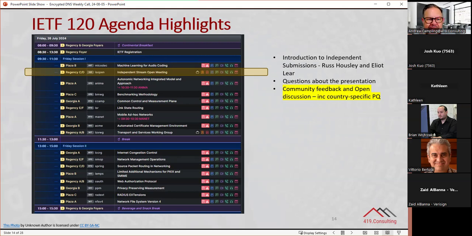such as whether it was appropriate for publications that go through the independent stream to be given RFC numbers, and indeed that then triggered a discussion whether RFCs should be restricted only to the IETF stream and not to, for example, IAB documents or IRTF documents. Feels like it's a bit late in the day for that, but that certainly came up on the mic.